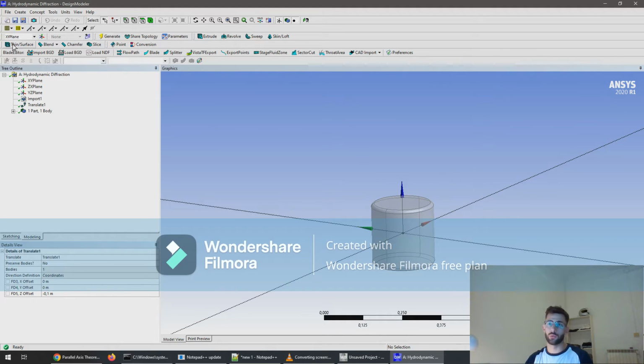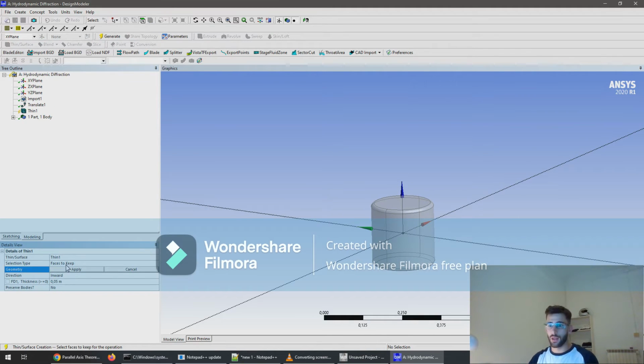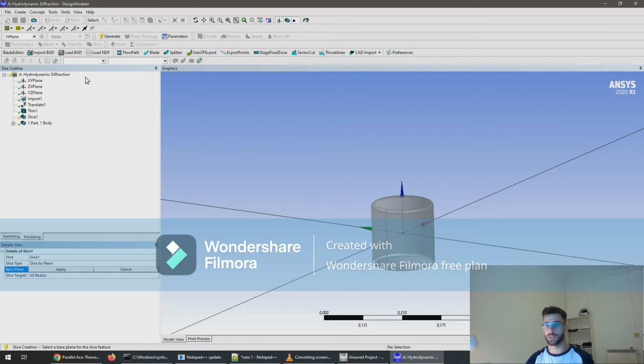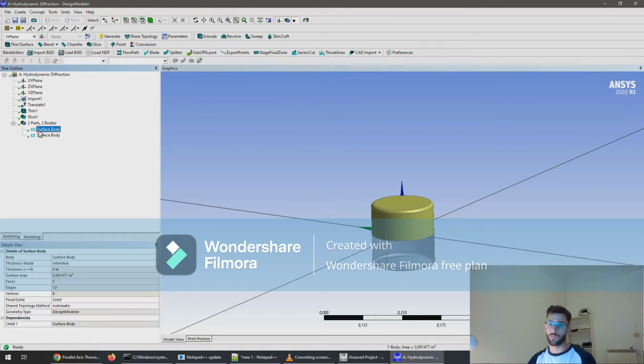After that, we're going to do a thin surface for the full body, outward 0, and the geometry is obviously this one. Okay, apply, generate. After that, we go for the slice. We're going to divide the body into parts, and the plane is this one. Okay, our body is generated. We have two parts right now. One will be the upper body,